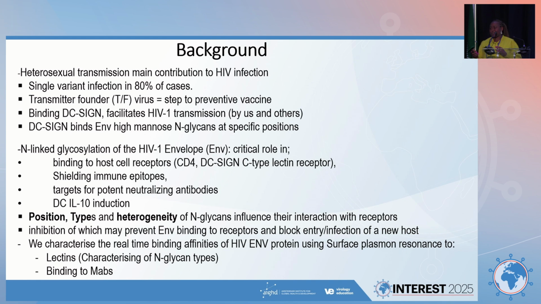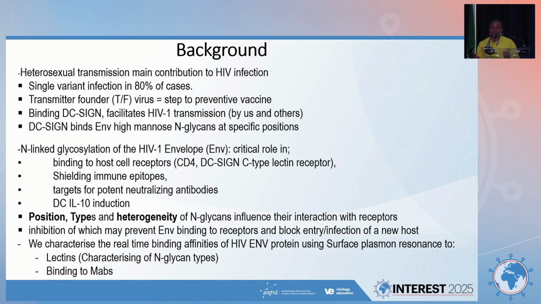is transmitted, today we learn that it's more than one virus. At that time we thought of one virus that's transmitted. We can block that one and actually prevent infection. And so my group and other people had found that dendritic cells played a role through DC sign binding